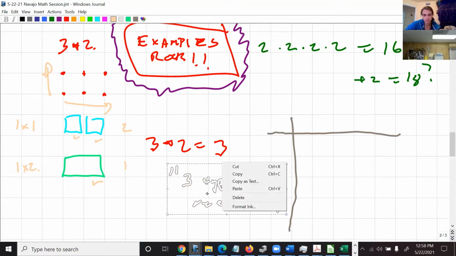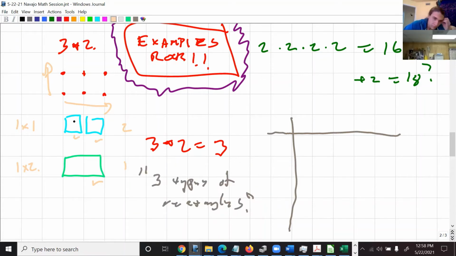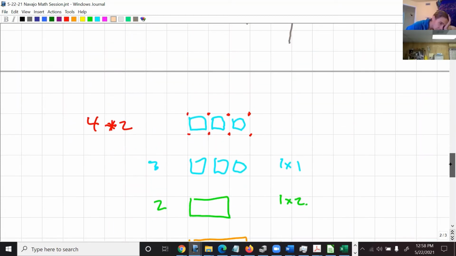Okay, I see what I did. There's 1 by 1, there's 1. Wait, there's 1? Oh, no, 1 by 1. I have 3 squares. Wait, I'm looking at, you see the screen? In here, if you look at 1 by 1s, how many 1 by 1s do you get? Or I'm doing the 4 times 2. I'm sorry, you're doing the 4 by 2. Okay, so let's do the 4 by 2. So if we do the 4 by 2,